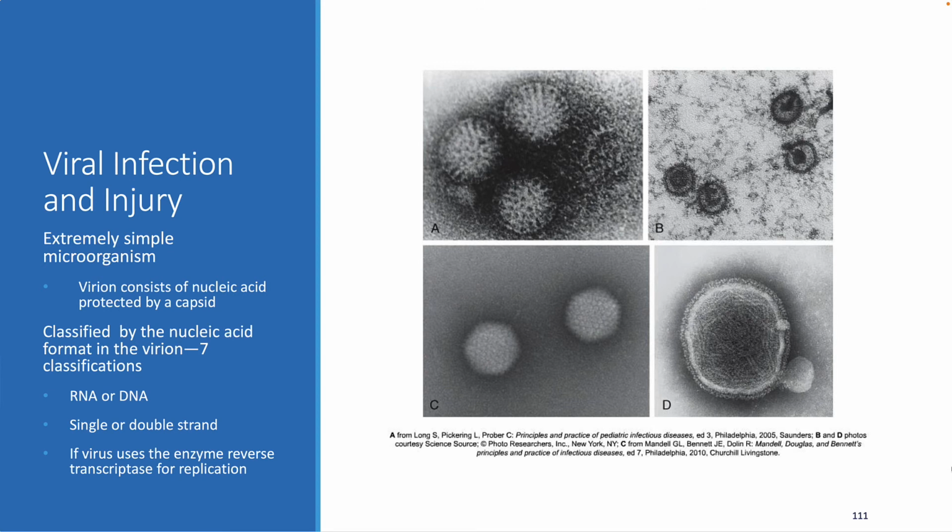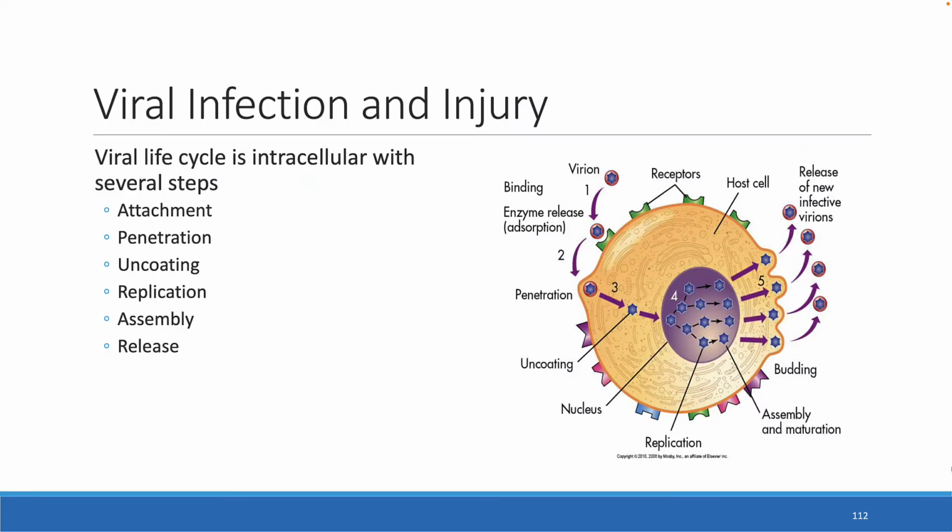Next, we should just talk about the viral infections, since we're in the middle of a viral pandemic right now. You know that viruses are very simple microorganisms. They are a protein coat and nuclear material, either RNA or DNA. And they exist on their own. They cannot reproduce by themselves. They have to get into our cells, overtake the DNA or the RNA in our bodies, and reproduce that way. So that's how viruses work. Of course, we all knew that.